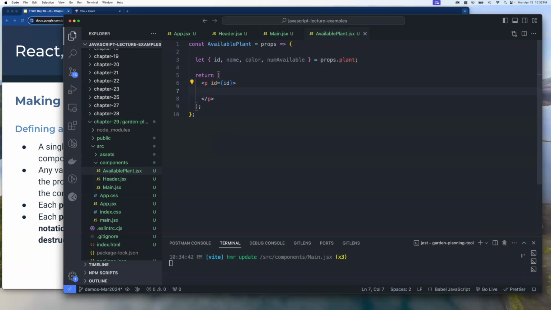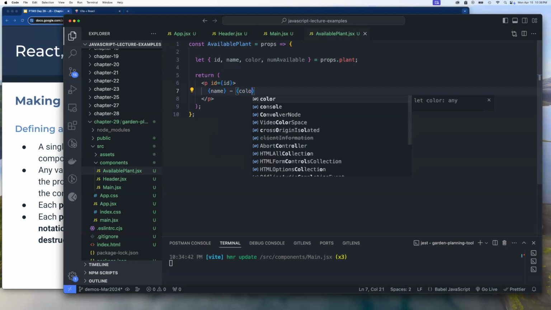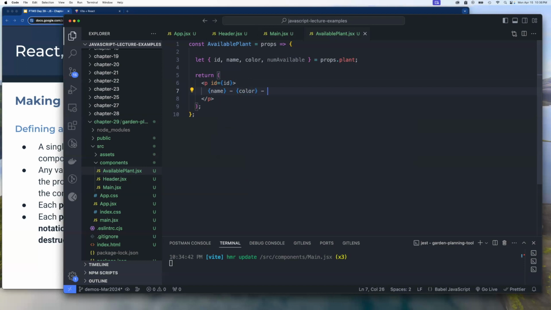And then between the p tags, I'm going to just have some text for now. This is going to get a lot fancier in the future when we learn how to do more things. But for now, we're just going to stick to doing a little bit of a proof of concept where we can just at least see this information on the page with some of our test data for now. That's how we do things. We start small. Okay, so we're going to say name, color, and then the number available with the word available